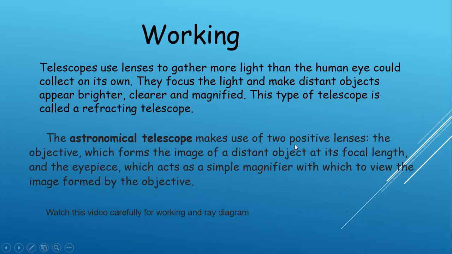An astronomical telescope makes use of two positive lenses. Positive lenses means two converging lenses, and converging lenses means two convex lenses. The objective forms the image of a distant object at its focal length, and the eyepiece acts as a simple magnifier with which to view the image formed by the objective. Now we are going to watch the video carefully to see how the working and